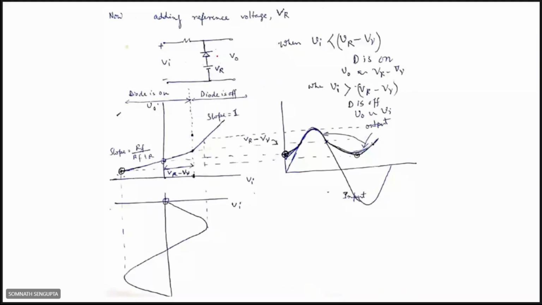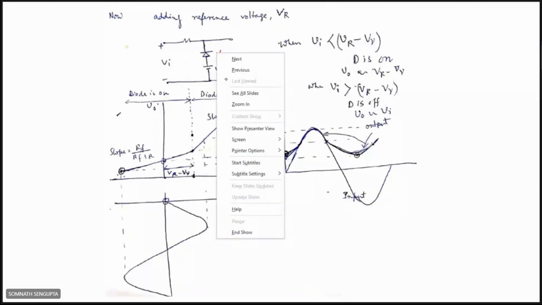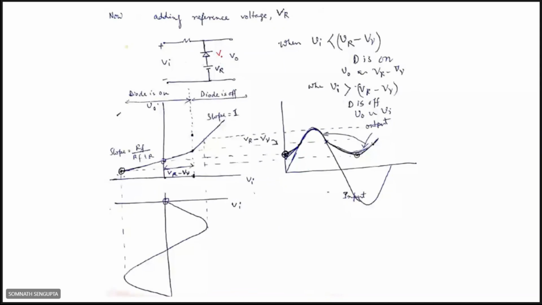So what is the polarity of the diode cut-in voltage? This is V gamma, so this is plus and this is minus. So VR and V gamma are in series opposition. Okay. So VR minus V gamma